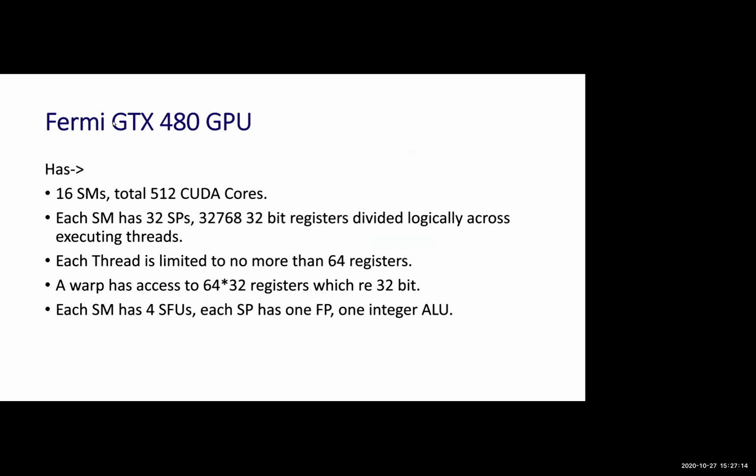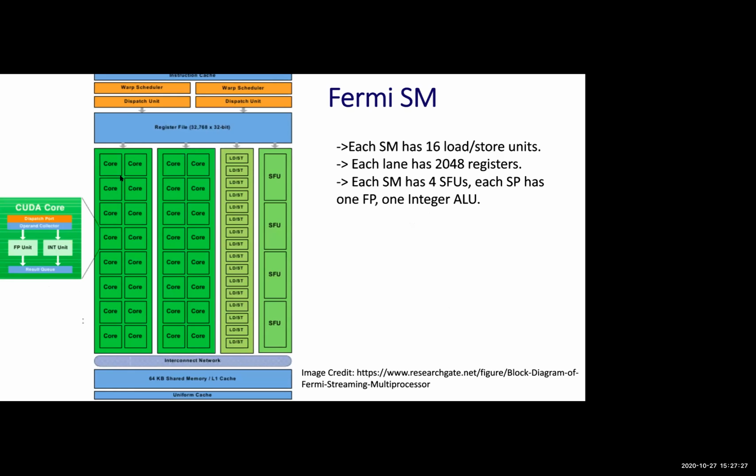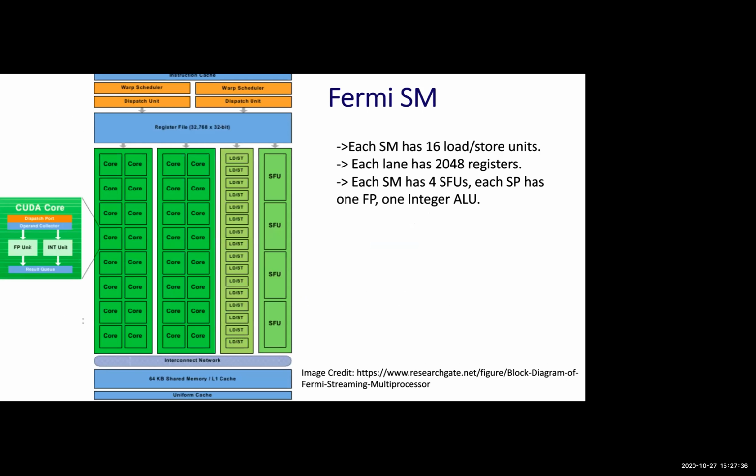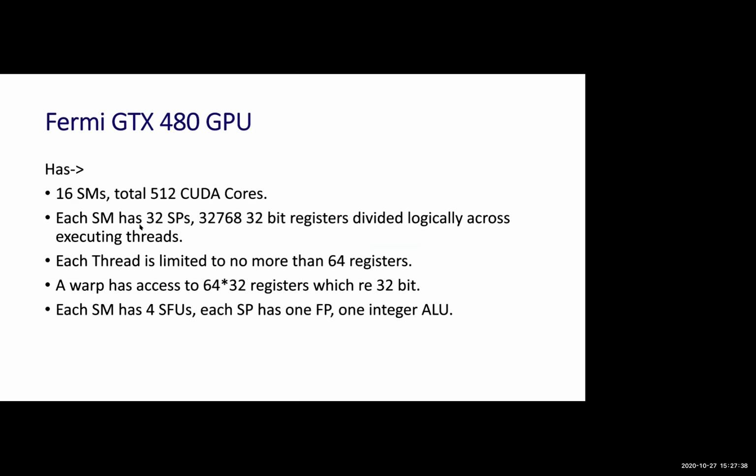Next we'll go more into the Fermi architecture. Fermi was the next evolved architecture compared to the Tesla. In Fermi we had 16 SMs; we'll go into detail here. It had 16 streaming multiprocessors with a total of 512 CUDA cores. Each SM had 32 SPs, and SP here means the CUDA cores. So each SM has 32 CUDA cores, and